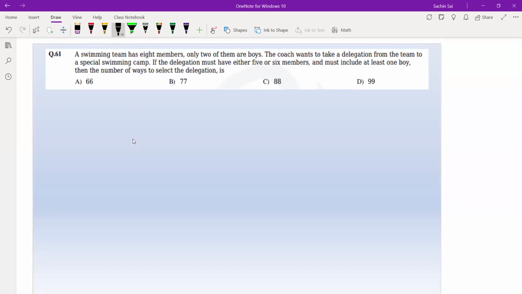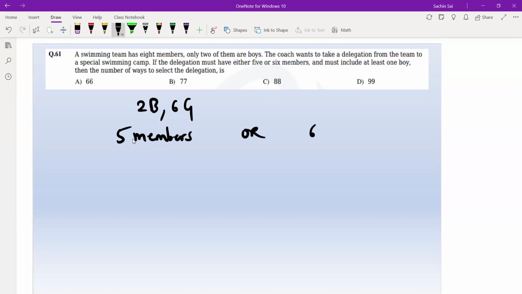Question 61. A swimming team has 8 members, only 2 of them are boys. Right. So there are 2 boys and 6 girls. Coach wants to take a delegation from the team to a special swimming camp. The delegation must have either 5 or 6 members. This means that there are 2 cases. Either there are 5 members in total,